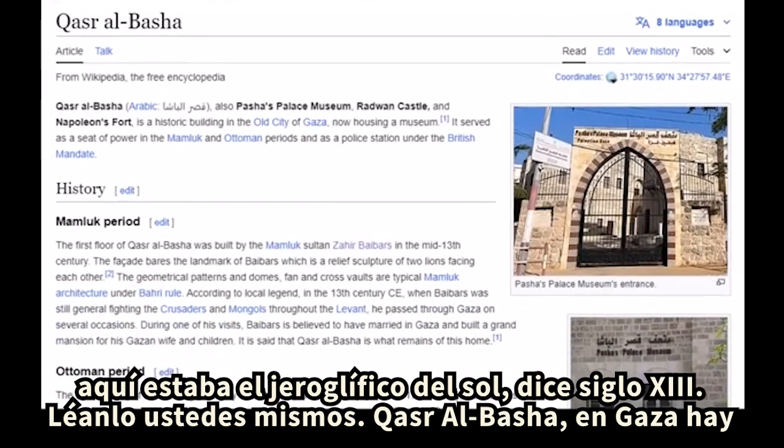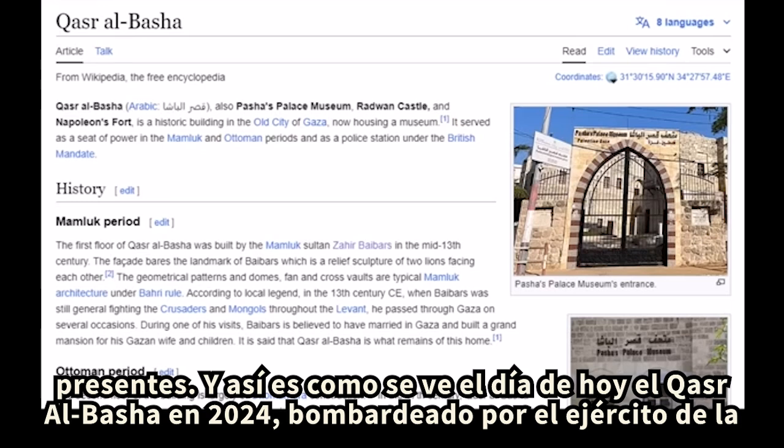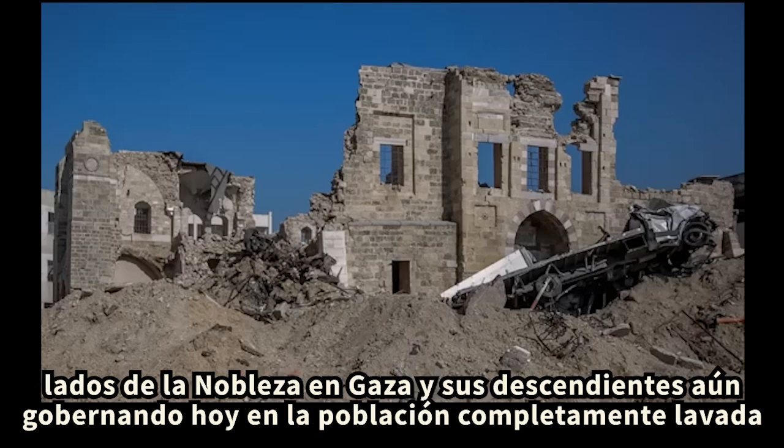So the Qasr al-Basha. In Gaza there are castles, and I just want to point out how important it is to know that the nobility in Gaza are very, very present. And this is what the Qasr al-Basha looks like today in 2024. Bombed by the J.J. Bay's army and the jaywalkers. What a pity. Well, we still have the picture, thus proving once more again the overall presence of the nobility